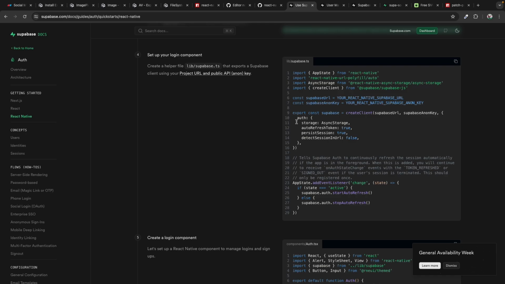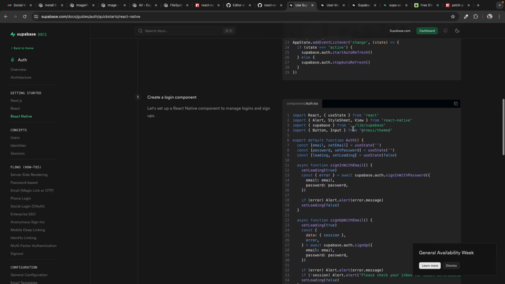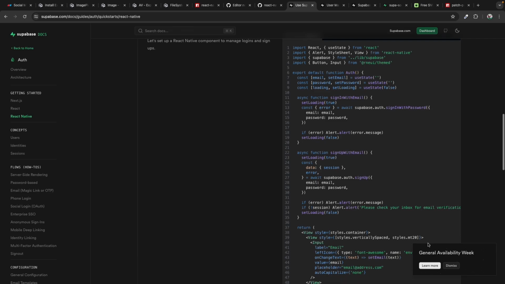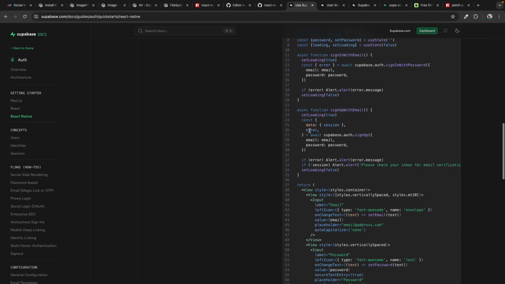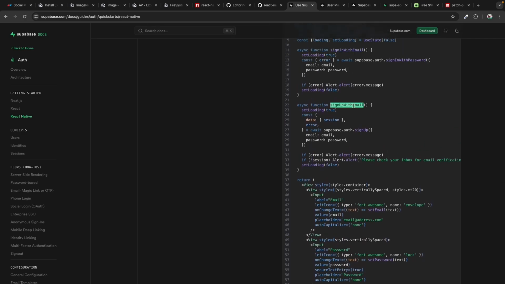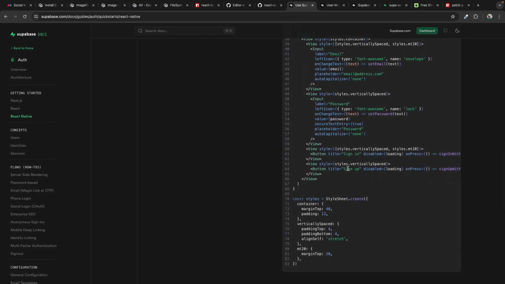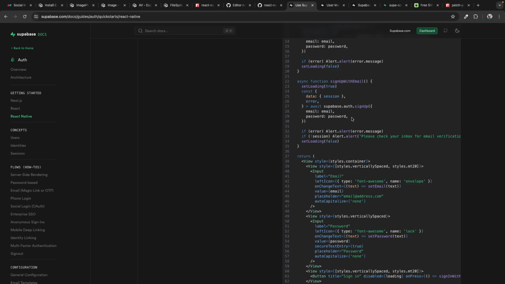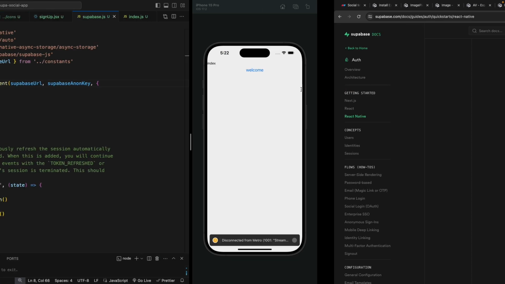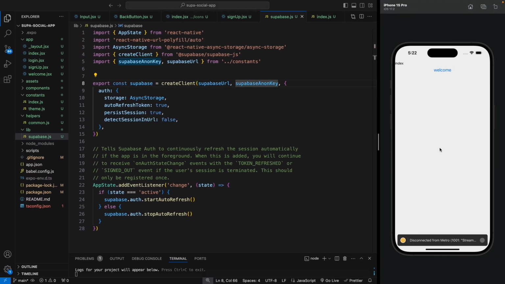So let's go to our guide, and we have created the Supabase client. Next step is to create the login component, which we already have. Then we need to use the sign in with password function, and send the email and the password to log in with Supabase. But first we need to sign up the user, so we will use the sign up method and we will pass the email and password, and this will return us a session for that user if the user is created successfully. So we already have the UI, so let's go into our application and implement this sign up. So let's go to the application, it is running, so let's just refresh the app.